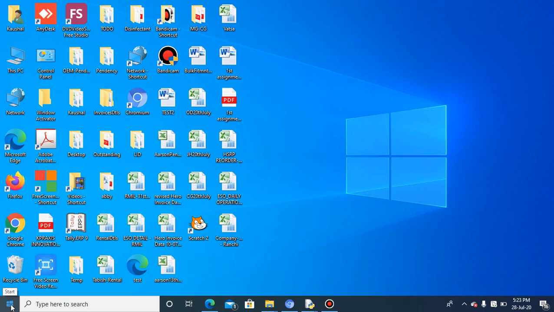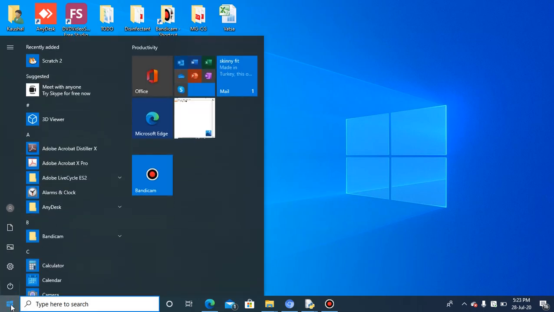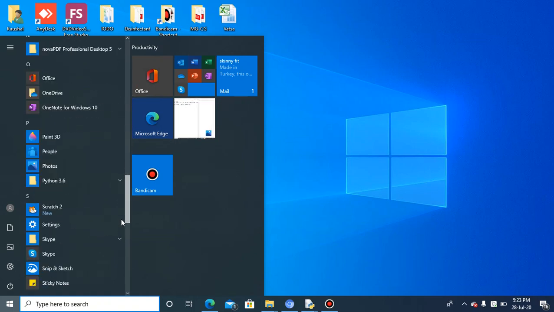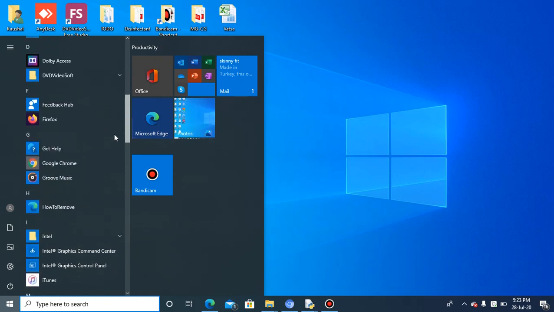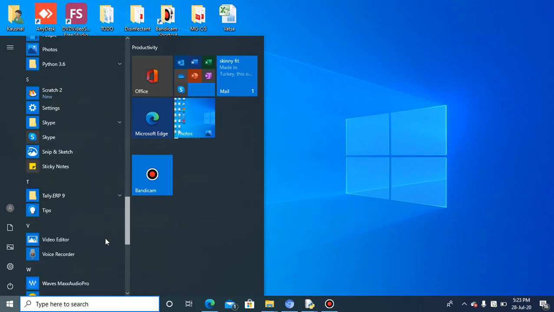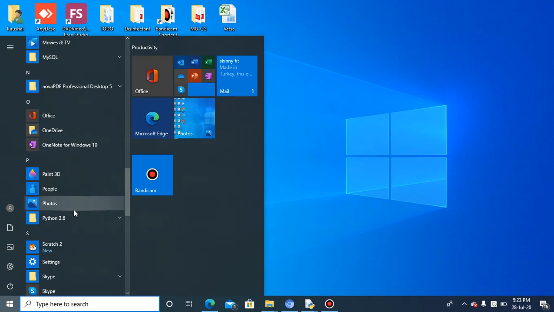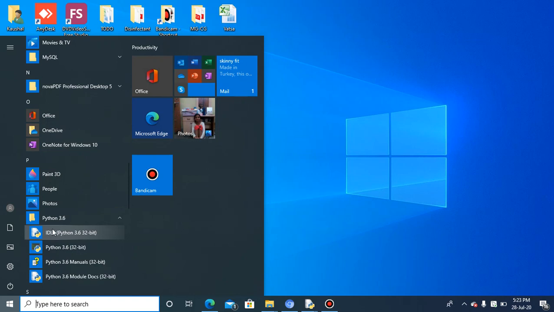So when I want to open Python, I will click on the start menu. You will also do the same, and then I will check for Python. So here you can see the Python IDLE is already there. Python 3.6. You need to click on this drop down and then you will see these four options: Python IDLE, Python 3.6 32-bit, then the Python 3.6 32-bit DOS environment Python, and these two more are there.